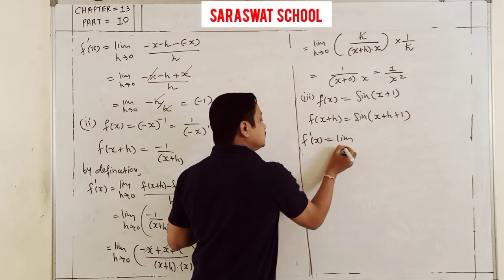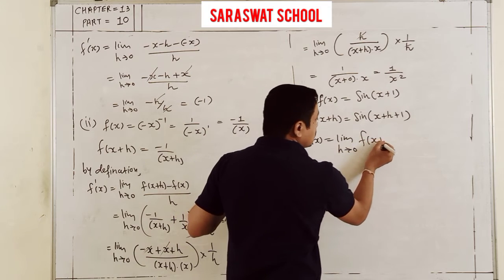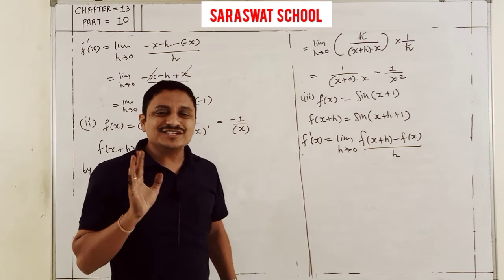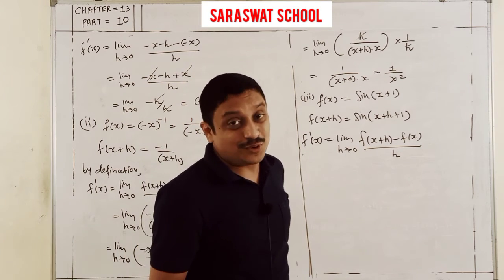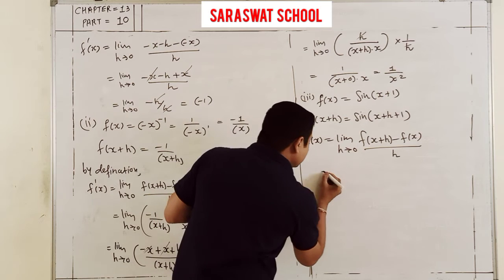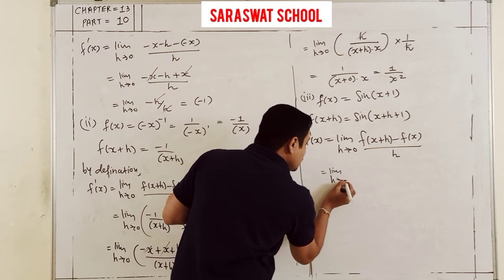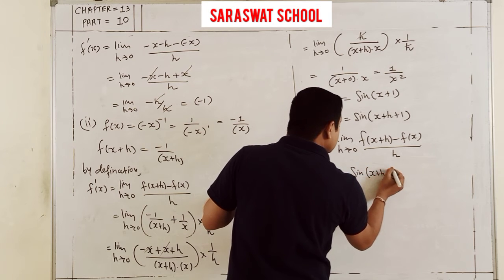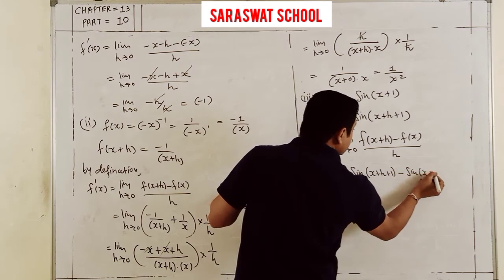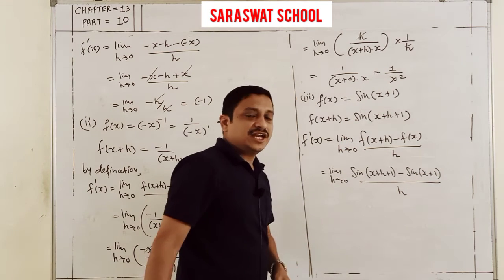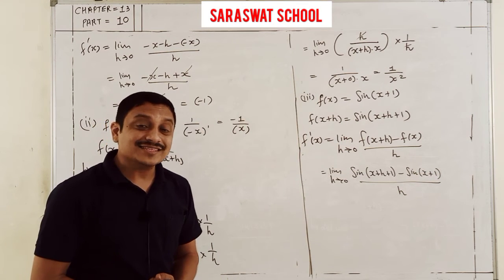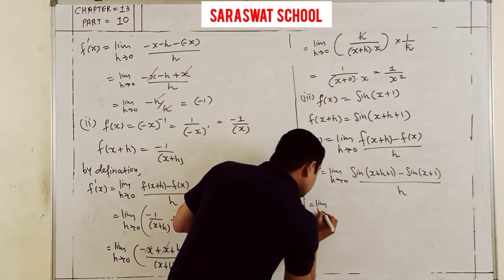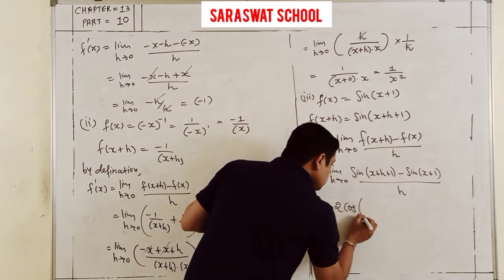Limit h tends to 0, f of x plus h minus f of x by h, and just apply the formula. Put the values in. So limit h tends to 0, sin of (x plus h plus 1) minus sin of (x plus 1), by h. And now students, reading that, sine minus sine is 2 cos sine. So limit h tends to 0, 2 cos